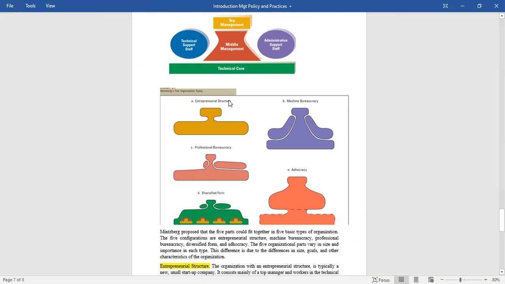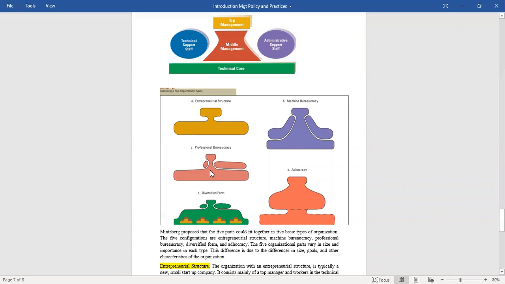अब आप अगर देखो, पहला जो वो दिखा रहा है वो ये एंटरप्रेन्योरियल स्ट्रक्चर है। एंटरप्रेन्योरियल स्ट्रक्चर क्या है? जहाँ पे अलग से आपको टेक्निकल सपोर्ट और एडमिनिस्ट्रेटिव डिपार्टमेंट्स नहीं नज़र आ रहे हैं, ठीक है ना? एक एंटरप्रेन्योर है ऊपर और बाकी जो सब काम है वो सारे लोग मिलके, मिडल मैनेजमेंट और एडमिनिस्ट्रेटिव सपोर्ट, टेक्निकल सपोर्ट सब मिलके परफॉर्म कर रहे हैं। फिर आ गया आपका मशीन ब्यूरोक्रेसी जिसके अंदर आप देखो कि ये काफ़ी टॉल स्ट्रक्चर होगा। ये एंटरप्रेन्योरियल स्ट्रक्चर टॉल नहीं है, ये फ्लैट है। मशीन ब्यूरोक्रेसी का टॉल स्ट्रक्चर है, इसमें बड़ा क्लियर टेक्निकल सपोर्ट भी है, बड़ी क्लियर एडमिनिस्ट्रेटिव सपोर्ट भी है।